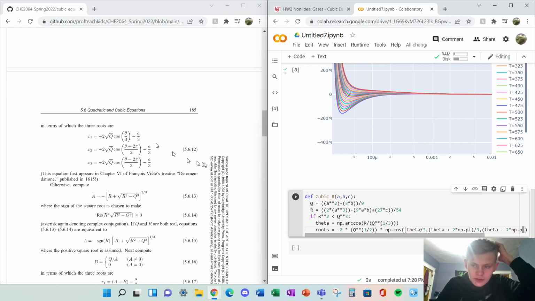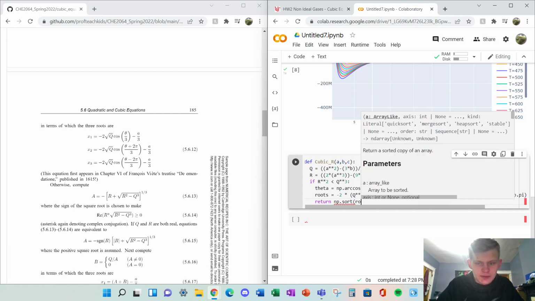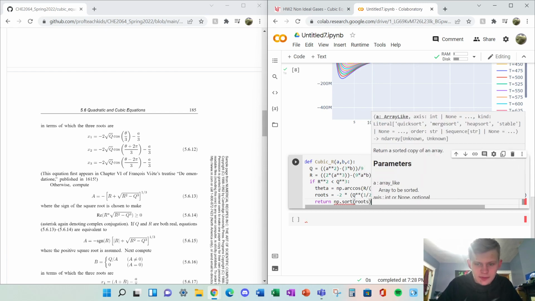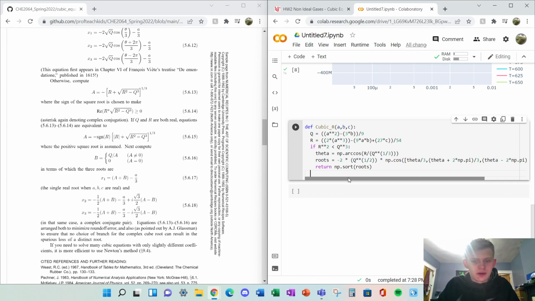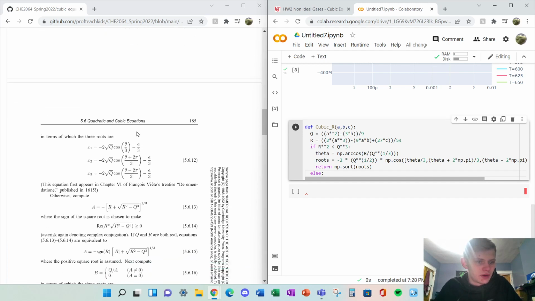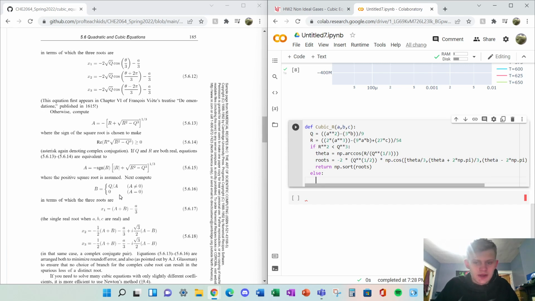So from here, next, what we want to do is then set our return function, which is going to be np.sort, and it's going to be our roots. So then we'll have that separated off. However, we have to set another if function. Then we'll set our else function, which will then include our non-real roots, or our other roots of a and b down here. So what we want to do here is then start with our a value, which will then be our